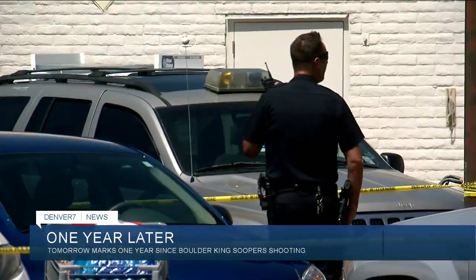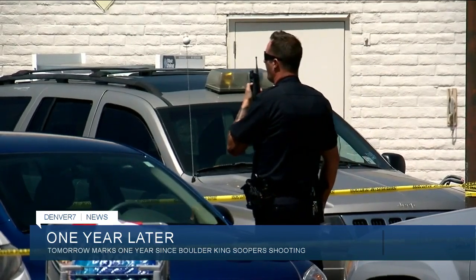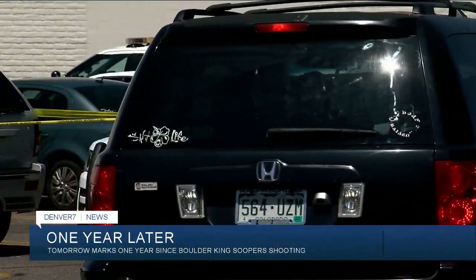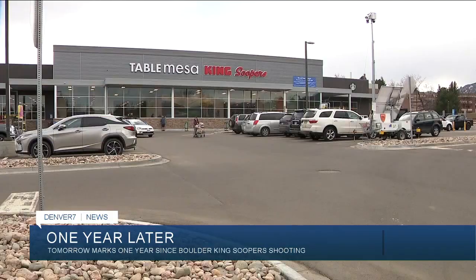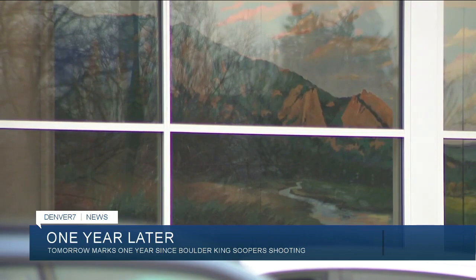Boulder police officer Eric Talley was one of the victims and the first officer to respond to the scene during the shooting, saving lives as he gave his own for his community. Among the victims were 2 King Soopers employees and 7 others ranging in age from 20 to 65. The president of King Soopers says closing the store is a way to give employees the space needed to continue navigating the healing process. The store in Boulder just reopened to the public a little more than a month ago